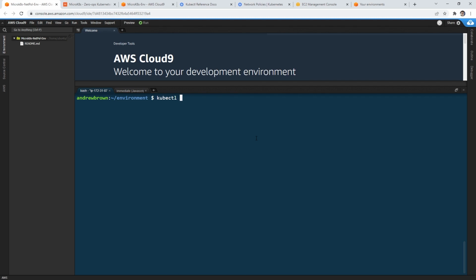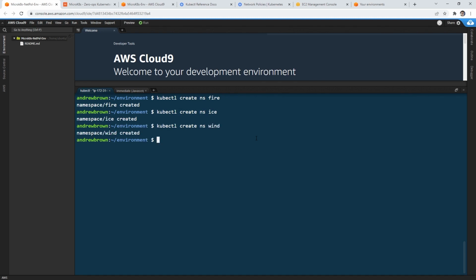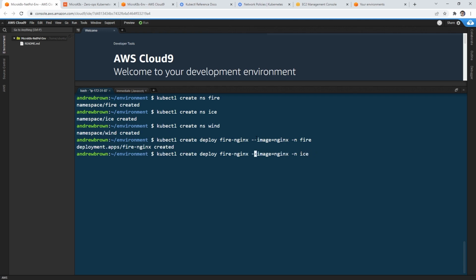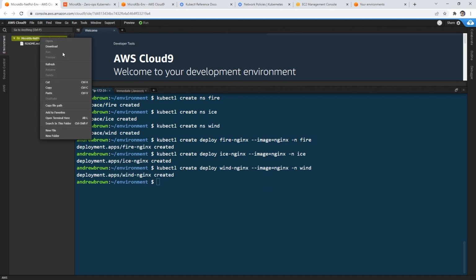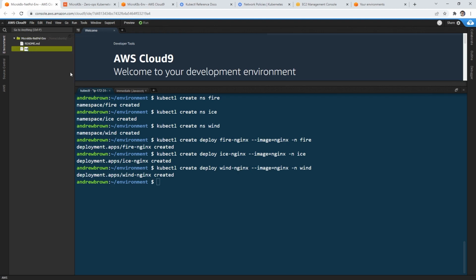So we need our namespaces. So we'll say create ns fire, create ice, create wind, and then we need to create deployments. So deploy fire nginx, image nginx, -n fire, and then we got ice. Okay, and then we got wind. Great, and so then from here, what we'll do is we'll create ourselves a new file, which will be our netpol fire